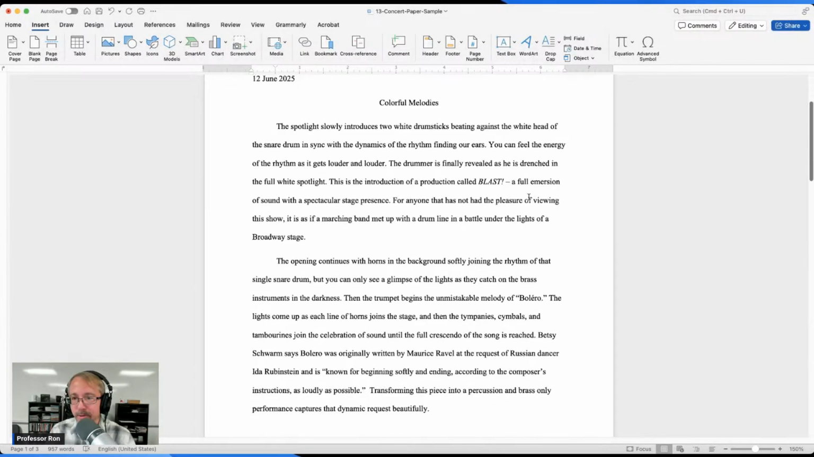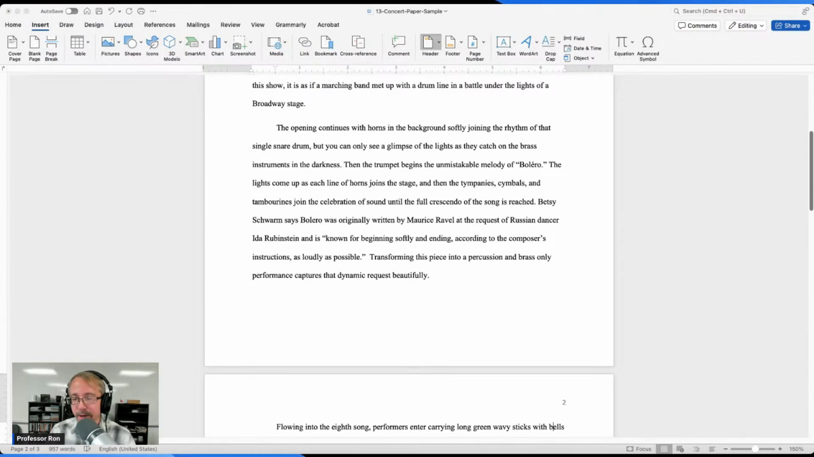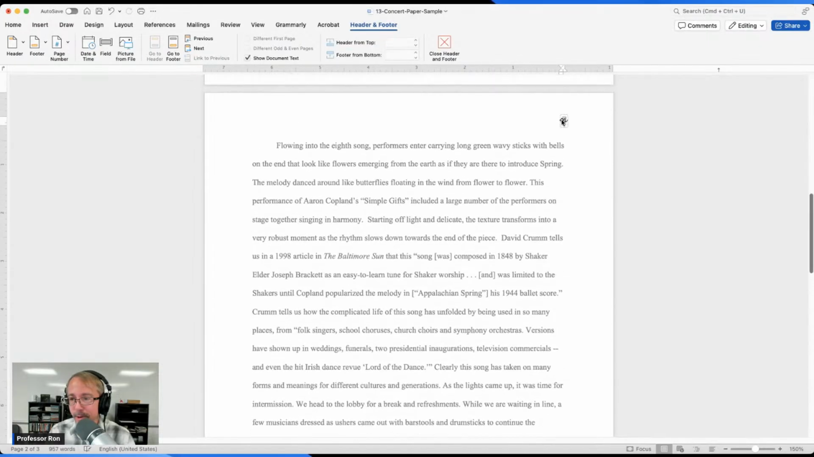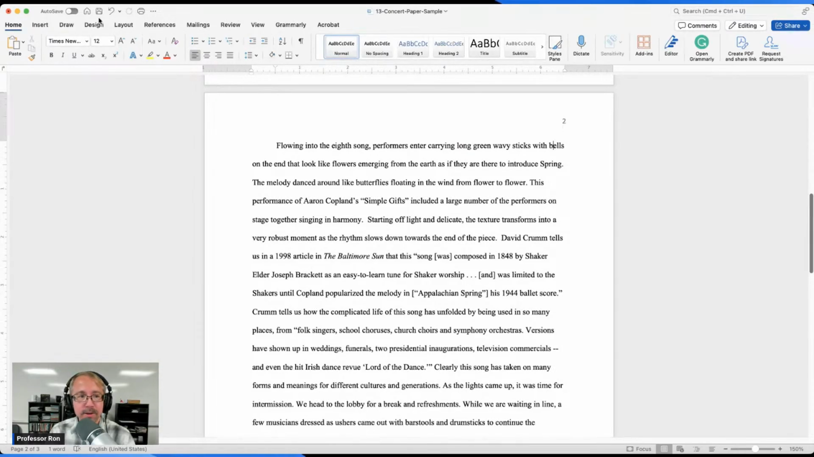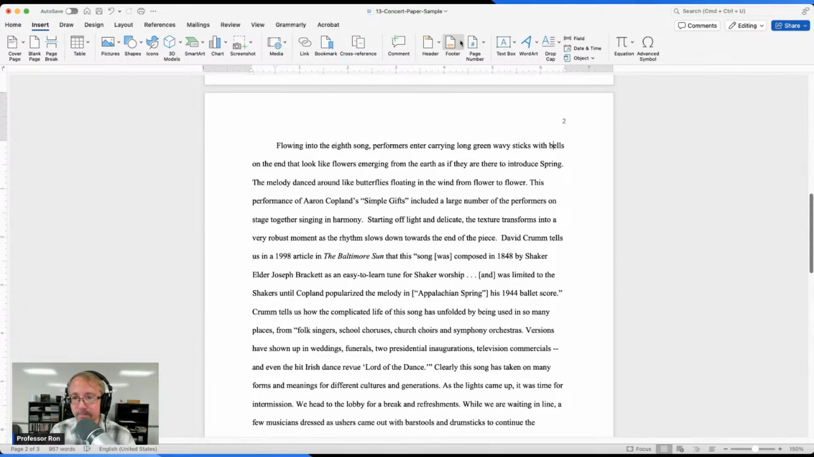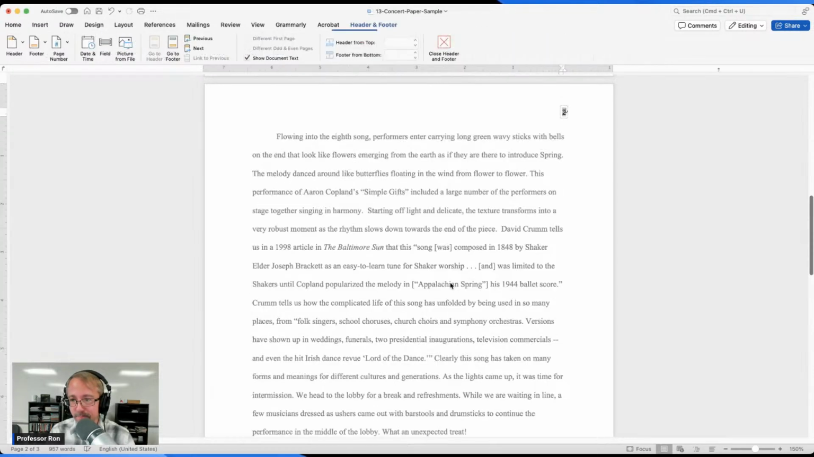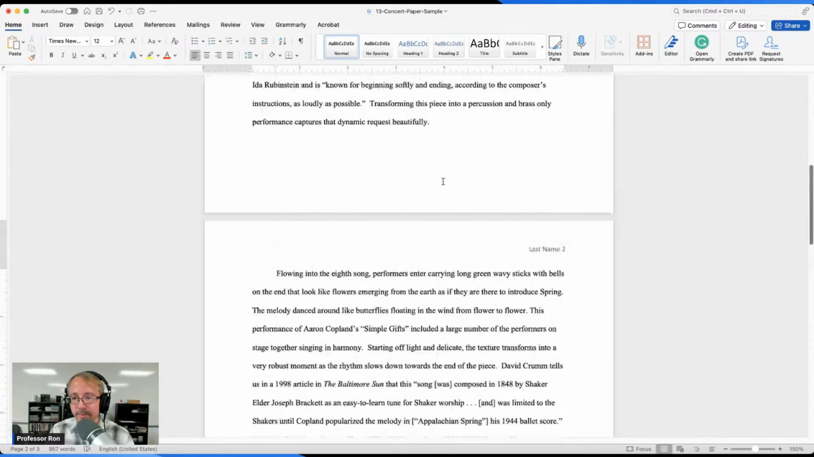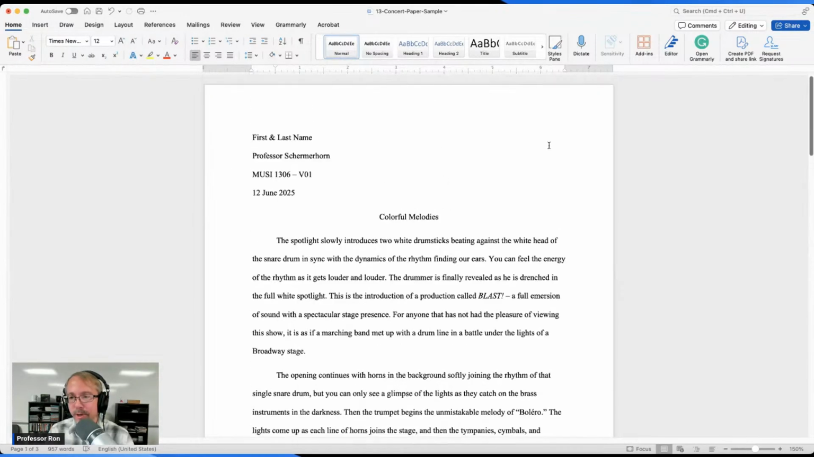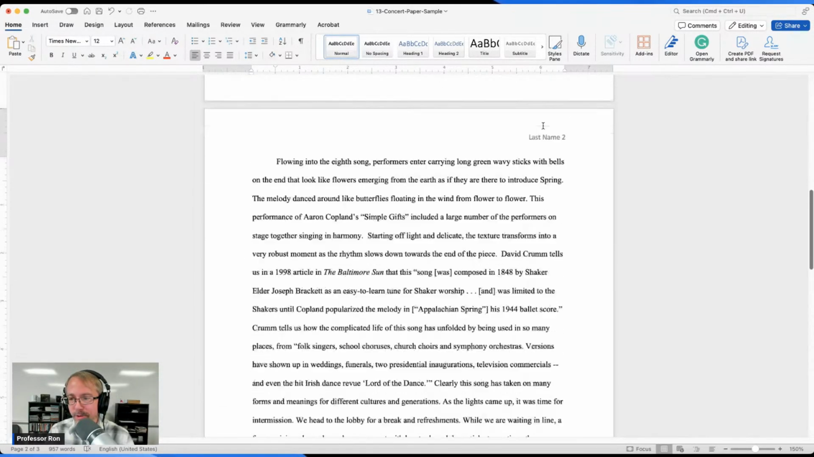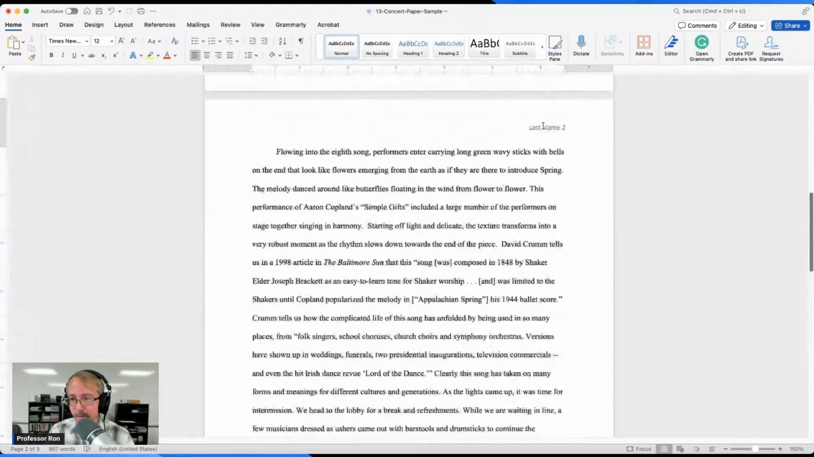That's good. Let's go header, and we're going to edit header. And I'm going to go in here. Let me fix that. Go back. And I'm just typing it in there. And I just put last name. Okay, and I left off page 1. You don't need it on page 1. So I just put last name 2, last name 3, and I'm doing that as